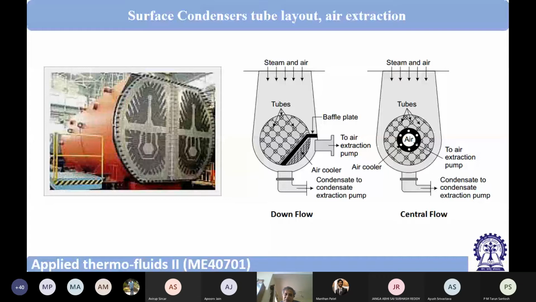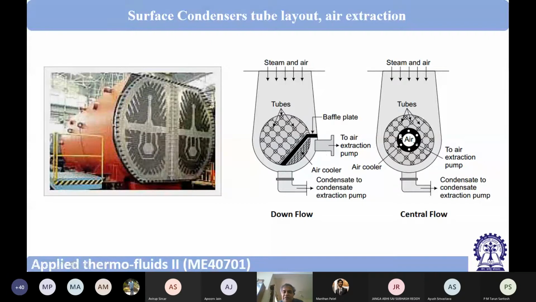Then the air will also get cooled because we have put a lot of water tubes here. So air will also get cooled here, and if air gets cooled, then air density increases, and then it becomes easier to pump out air. So for these two reasons, that air has to be separated out and made dense. So that's why more water tubes are kept at the point from where we have to extract air.